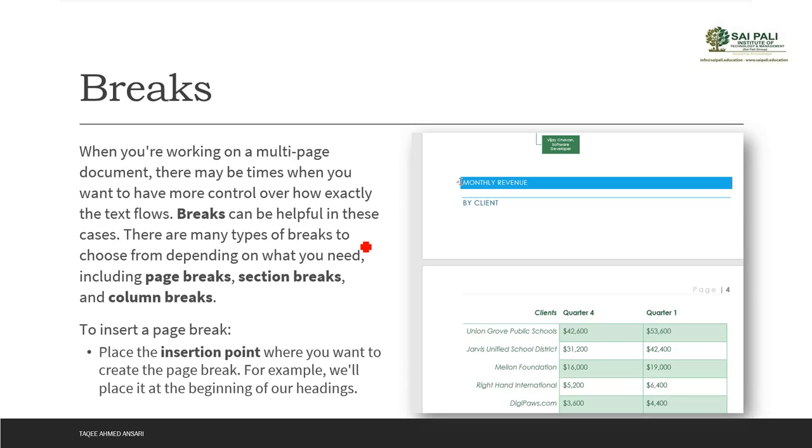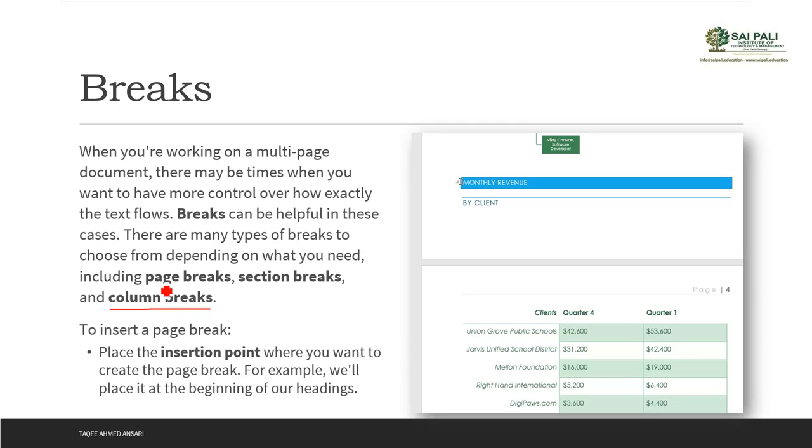Then you have section break. Section break has multiple options that you can select from for breaking from one section to another. Section break helps you to break your document into 2 or 3, and then you can format them separately. Then you can also break a column. Column break breaks the columns. We can convert our document into multiple columns. By default it has only one column, but we can divide it into multiple columns, and with this column break we can decide where the new column should start from.